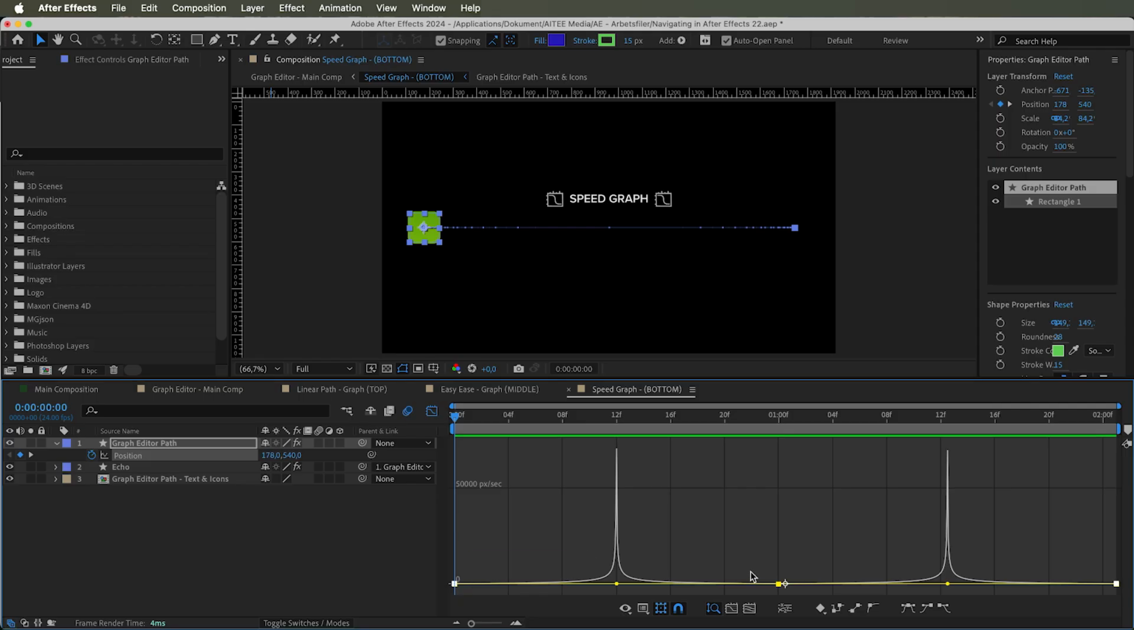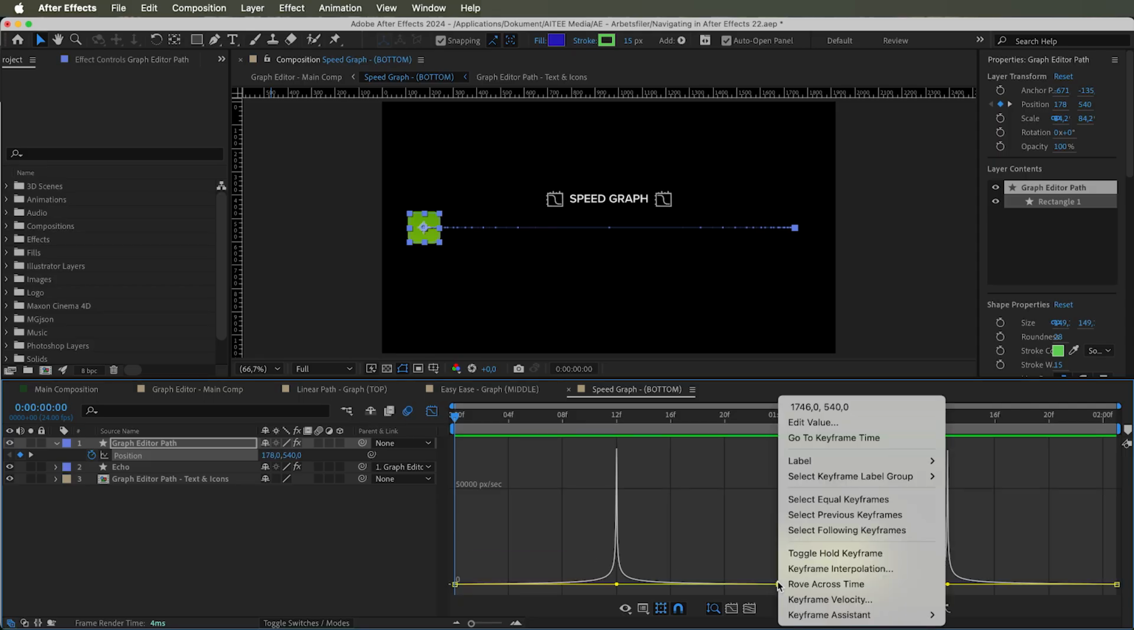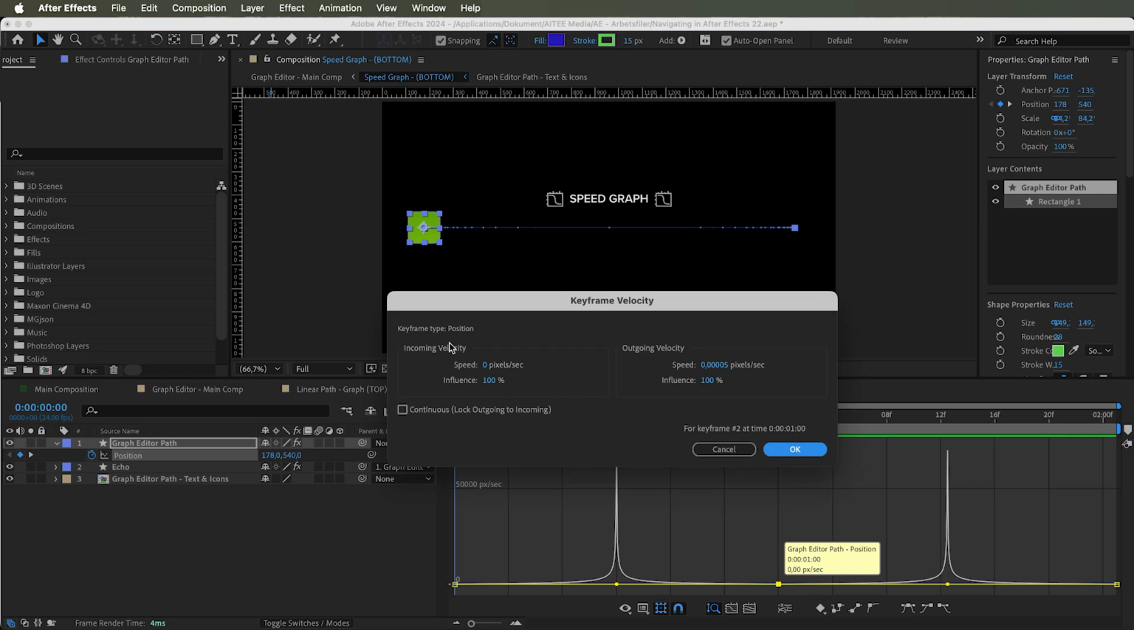While we can also further see this by right-clicking the keyframe, choosing keyframe velocity, showing the keyframe type as in which specific keyframe and at what time. We got incoming and outgoing velocity, plus we're also able to directly influence it by value numbers in pixels per second, or its percentage,